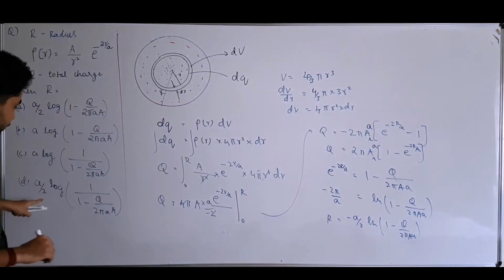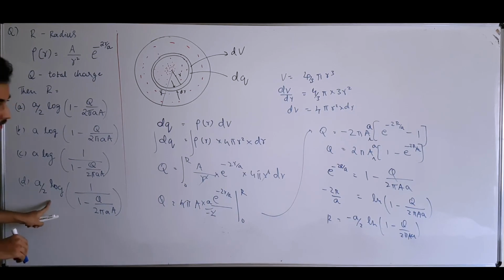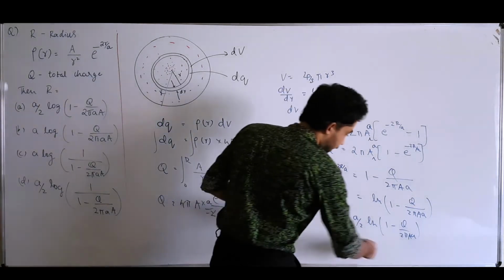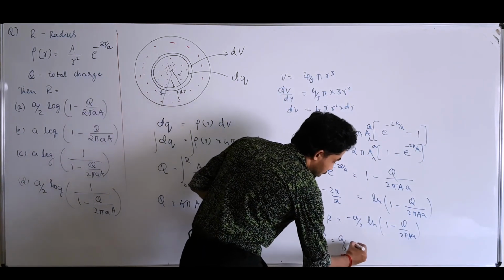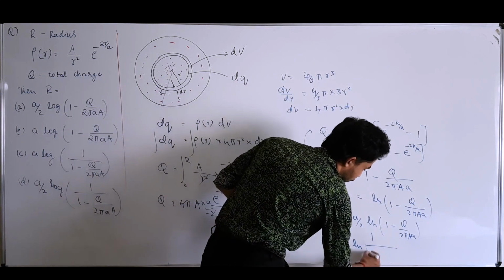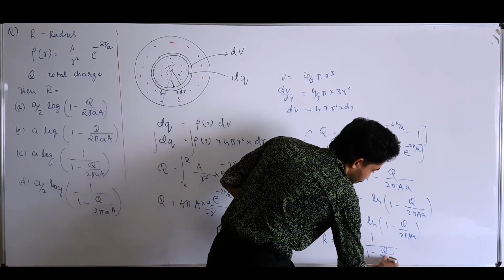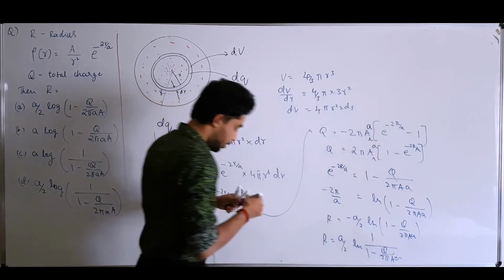From the options, yes, I'm getting this answer here. I just have to take this minus inside, so this will become R is equal to a by 2 ln of 1 by 1 minus Q by 2 pi A a. So the correct option is